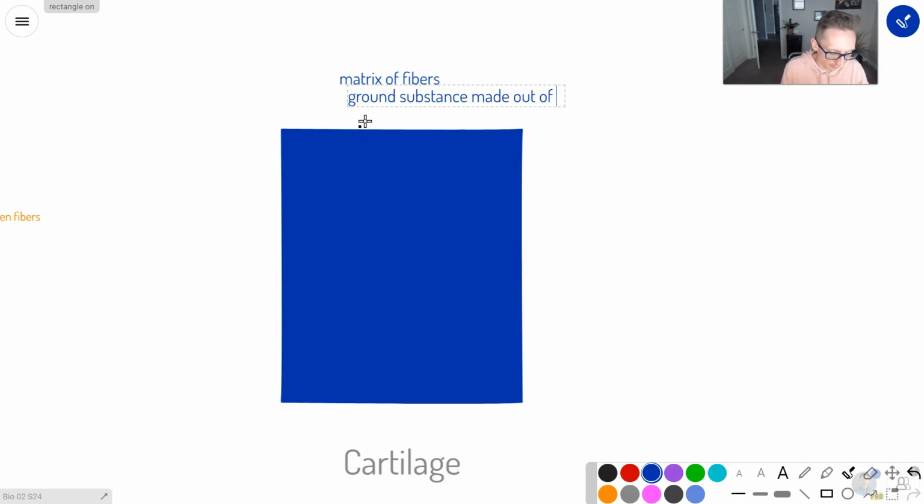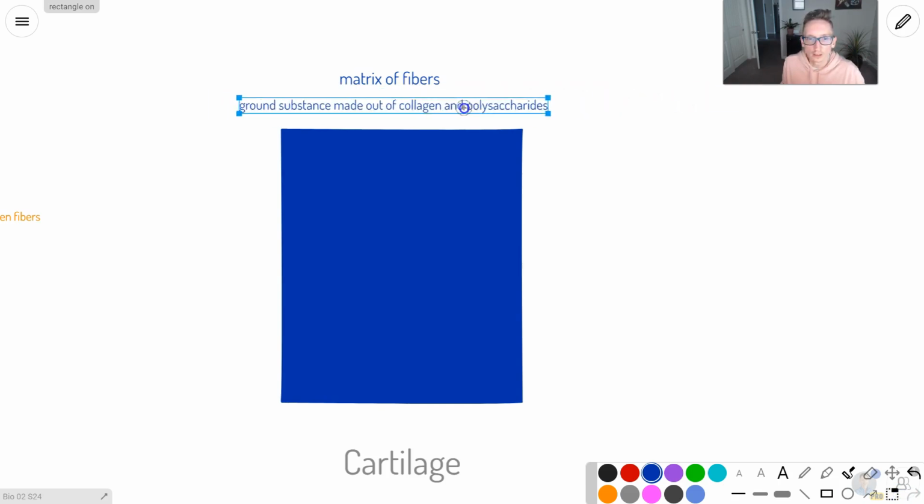So it's a mixture of protein and sugar, right? That's what that is. And all kind of decorated through here, we have little specialized